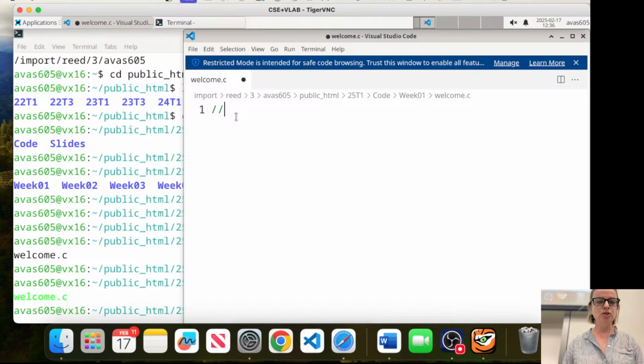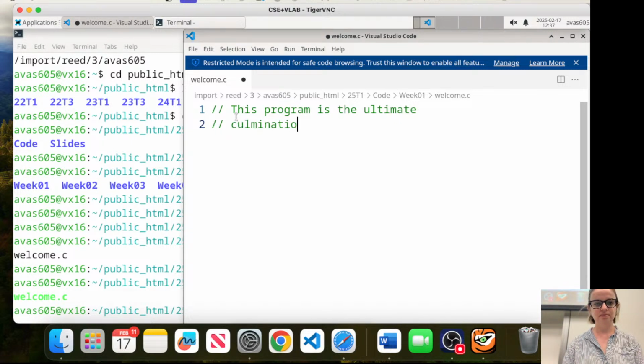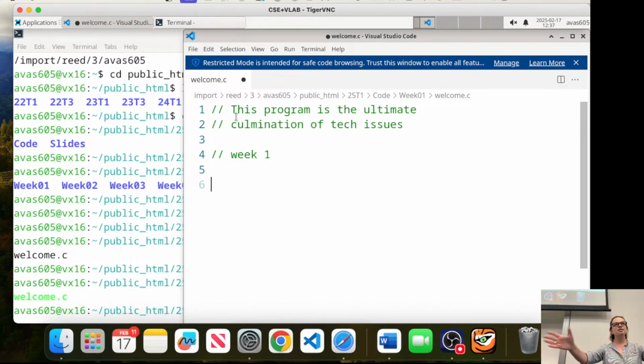Okay, so let's do some comment here. Okay, and it is our week 1. So the first thing you will always do, and for now, in week 1, you're only ever going to use, just in week 1, we are going to add other libraries.